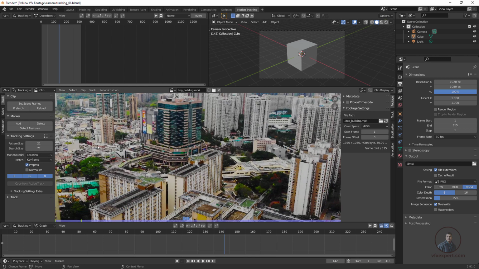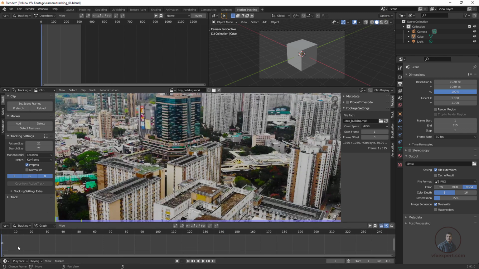For auto tracking or Detect Features, it is important that you place your CTI at the start of the timeline or the end of the timeline. After this you can track forward or backward according to your CTI placement. Now I am on the first frame, or starting frame, of our timeline. After this I am going to track this shot. Then simply click Detect Features here, and if you want to manually track your shot, then with the help of Add Points you can generate your points according to your requirements.